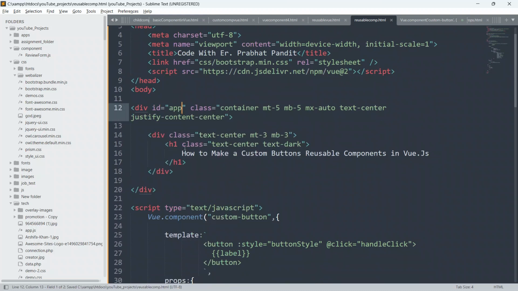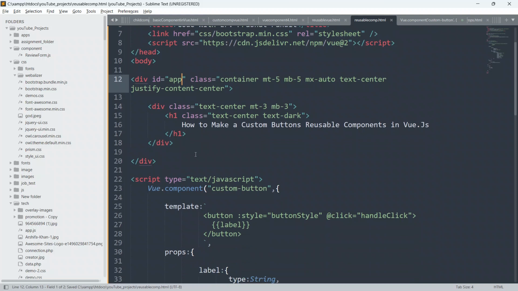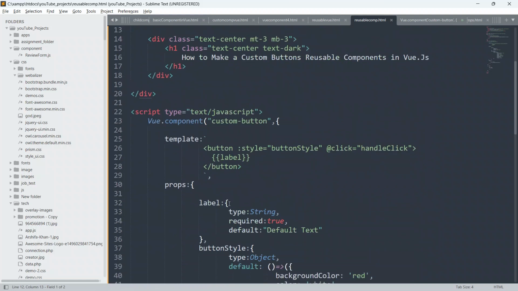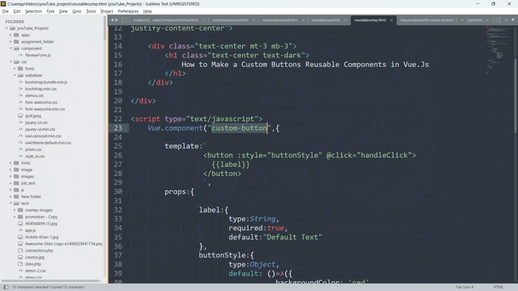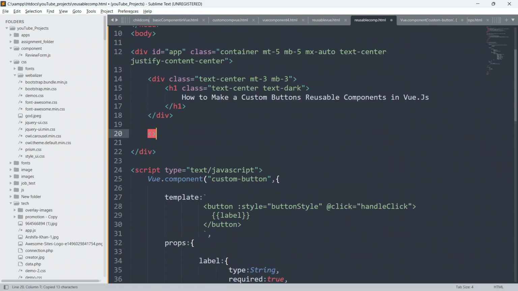Now we are going to copy this custom button child component from here, and just go here and close this first.